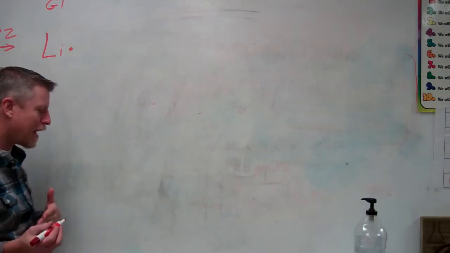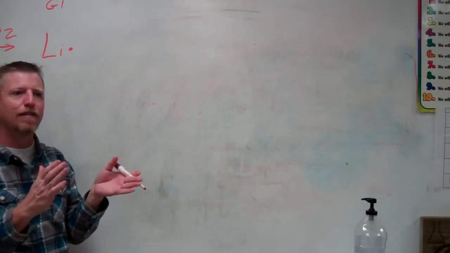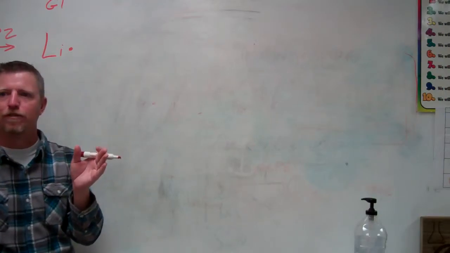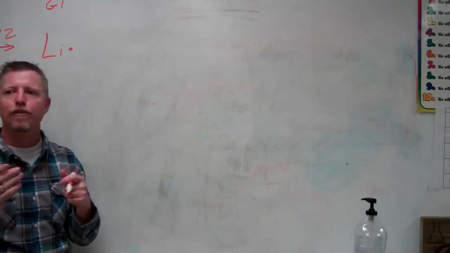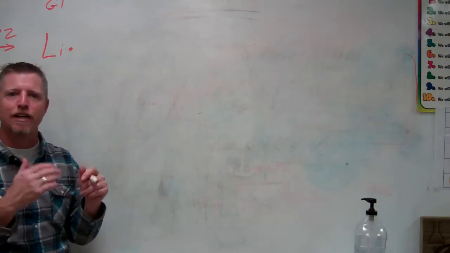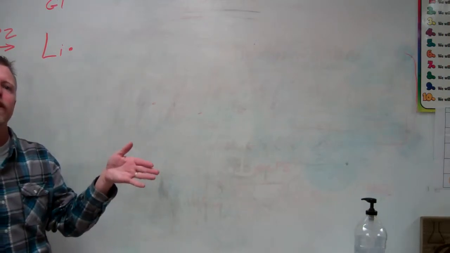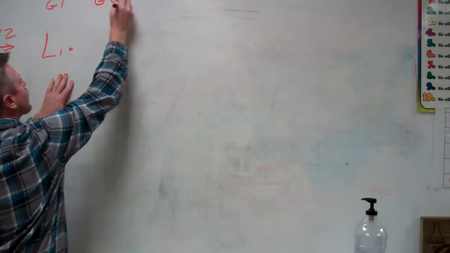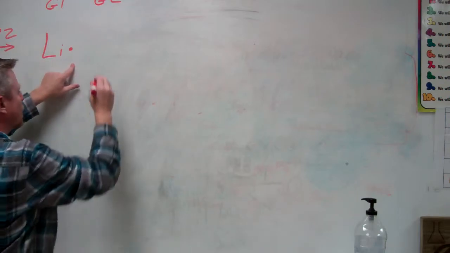So it kind of follows this pattern, and you'll see it, because Mendeleev recognized this. Mendeleev said, I'm going to create a periodic table that is showing the atoms by atomic mass. So he arranged them by atomic mass, but he also arranged them by their reactivity, the way they behaved and the patterns that he noticed in reactions. You're going to see this pattern show up very vividly as we go through this. So when we look at group 2 atoms, we're going to look at the very next one next to lithium, which is beryllium, Be.